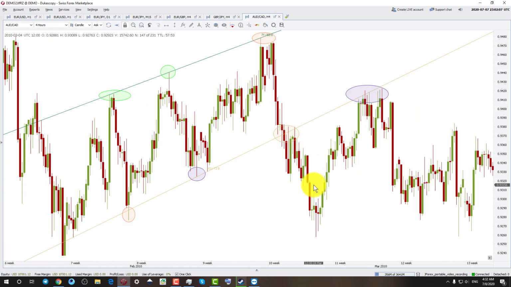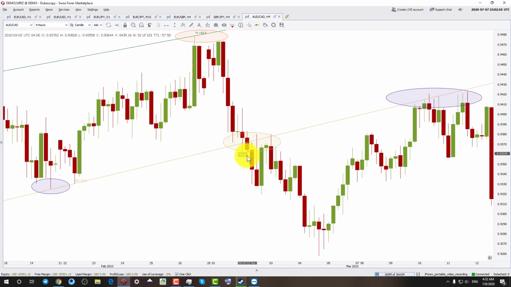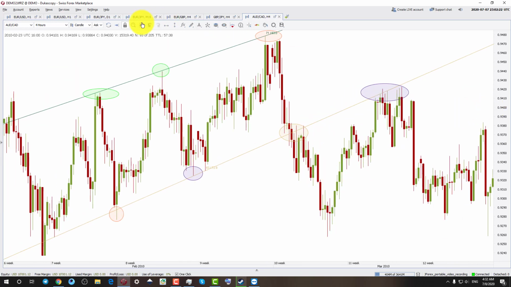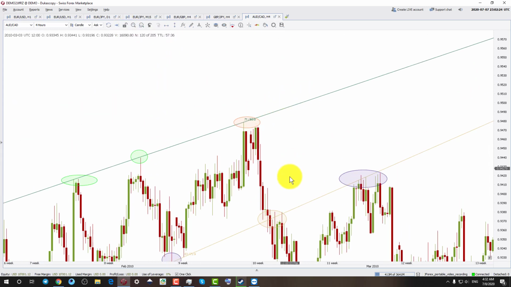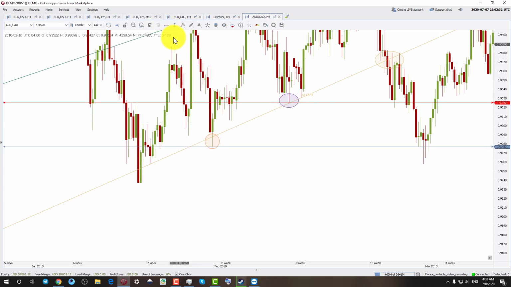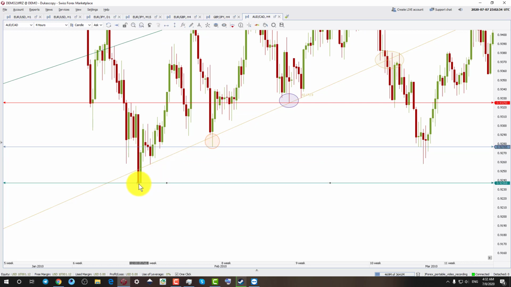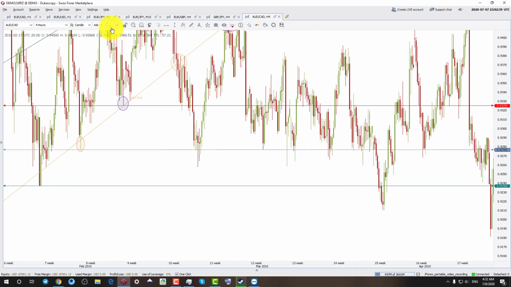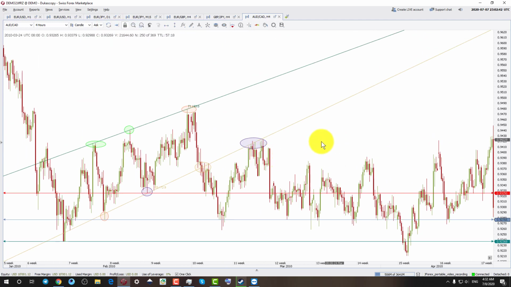In fact, immediately after the break, if you notice, after 1, 2 and 3 candles, it went to retest this right here, and you could have sold this with a stop loss higher and a take profit target at these lows. These lows could have served you as take profit targets. First target, second target, this one could have been the third target, and so on, in future. So this was also a very good example.